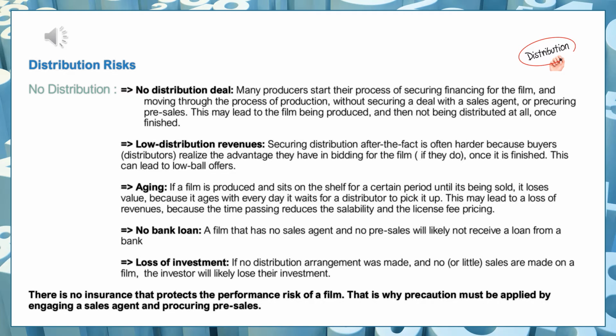There are situations where, when you don't do pre-sales or are unable to do pre-sales, you're also not going to be able to get a bank loan. So that will force you automatically to increase your equity investment, and you really have to then look at equity and an incentive, and brand integration, which is much harder to do, and it's much more risky for the investor, and it's also not ideal for you. So a bank loan is a good way for you to include distribution financing, because it enables you to lower your equity investment and get cheaper money.